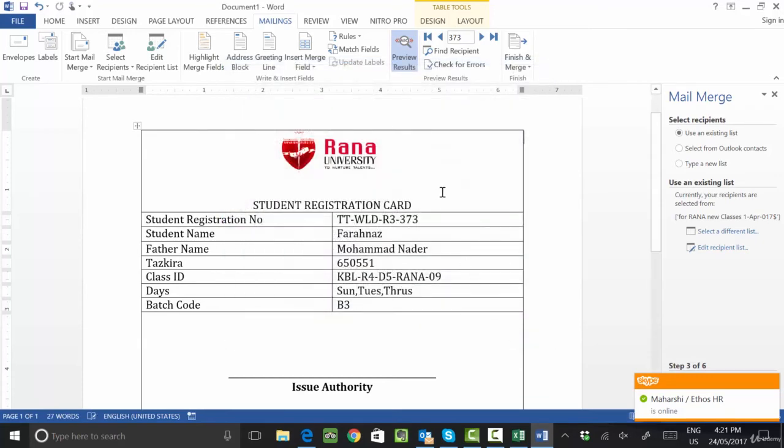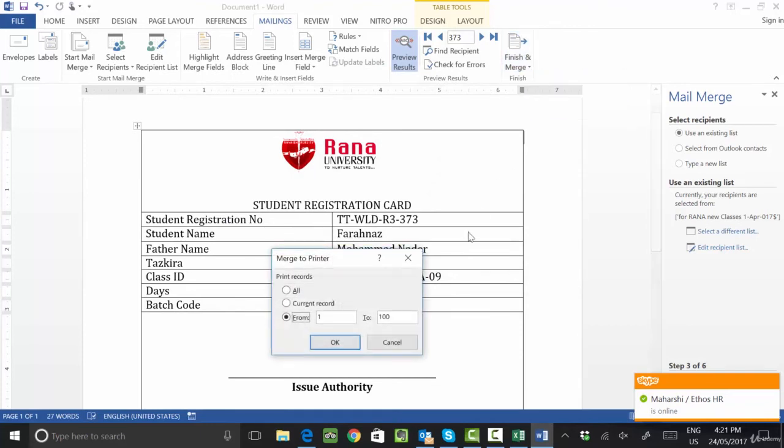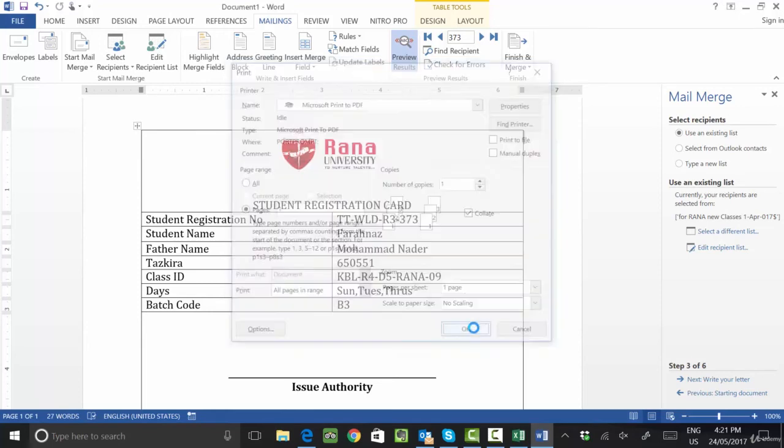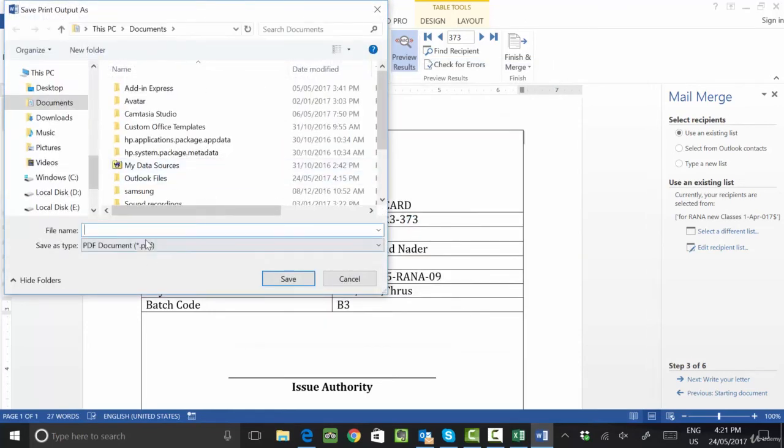Okay, let me close this. I will go to print. So I want to print 100 up to 200, let's say 200 students. Okay, I will click OK, and now Microsoft Print to PDF asks how many pages you want to print. Because we have only one single page here, we will write 1. Click on OK.